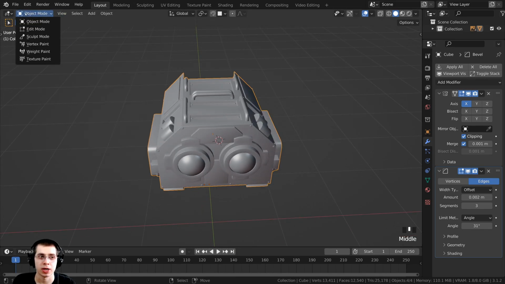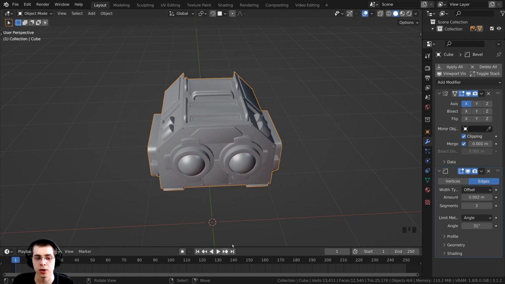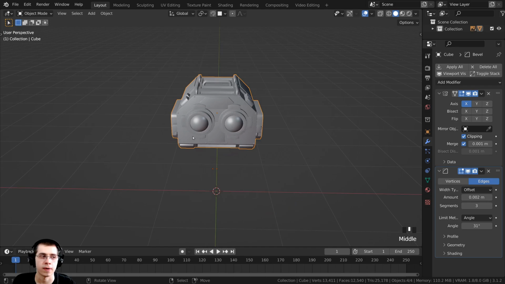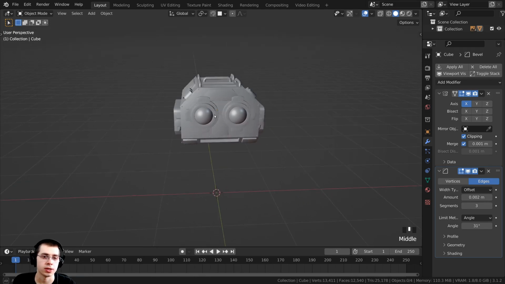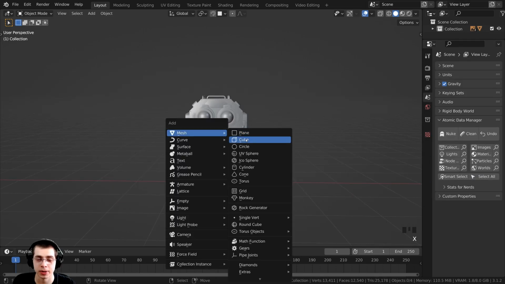So make sure you are in object mode, and I'm going to hold down the Shift and S button. We're going to go to cursor to world origin and then let go. That's going to put the 3D cursor right there in the center. So I'm now going to add a new object for these other details that I want to add. So I'm going to press Shift A, I'm going to go to mesh,